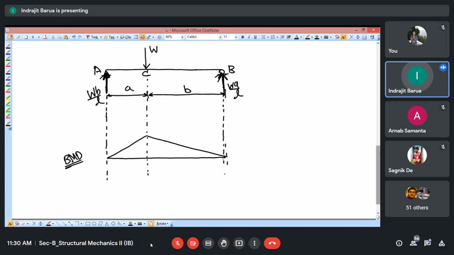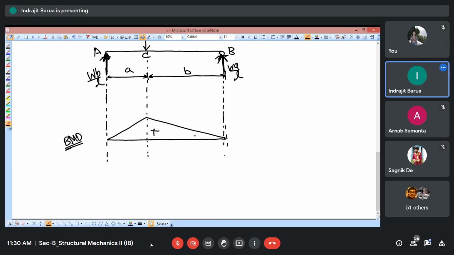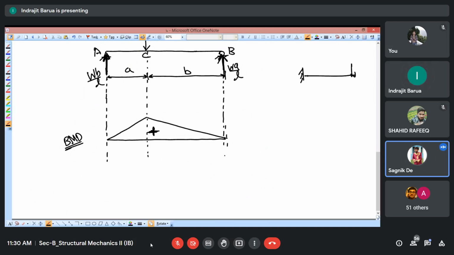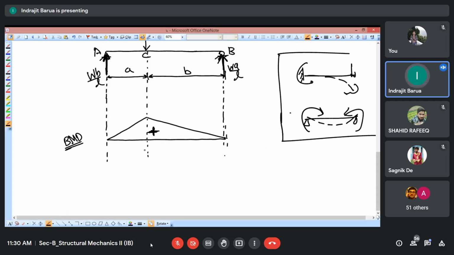Now quickly tell me why in this direction we have got plus and here we are getting minus. You already know this. Why minus here and why plus here? Sir, the cantilever creates a hogging bending moment, so that is minus, and here it is sagging, so plus. Yes, here I'm getting some hogging bending moment, and in the simply supported beam we get some sagging bending moment. That is the reason. So from this we are getting WAB by L. Fine. Now let's use that.